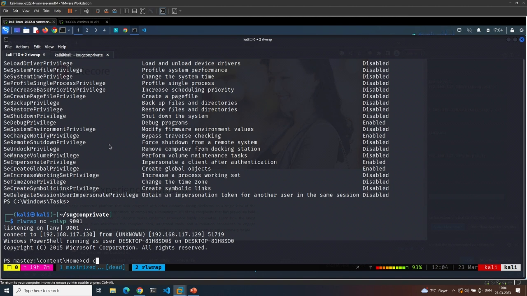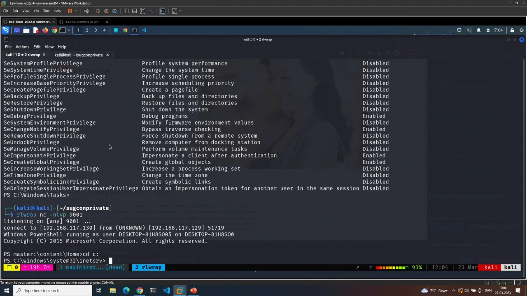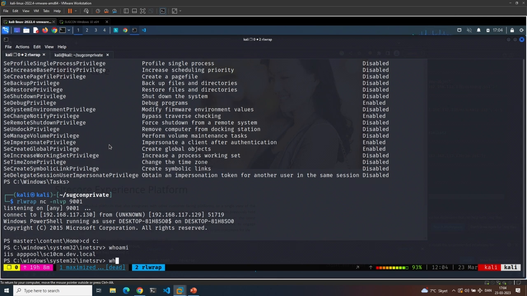And before I do the whoami, which is actually a good behavior you should be monitoring on your system: if anybody runs whoami on your system, you're probably owned. So can anybody guess who I am right now? App-pool user. Nice. And what is one of the best privileges the app-pool user has, you think?